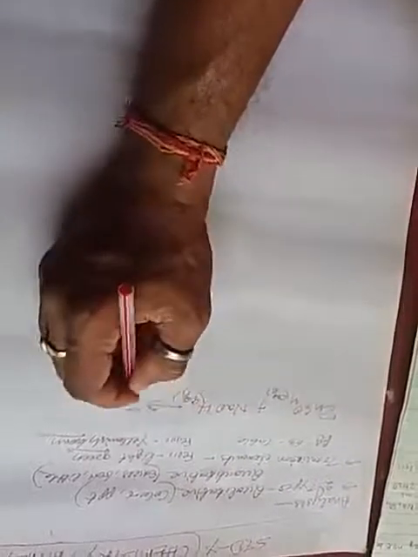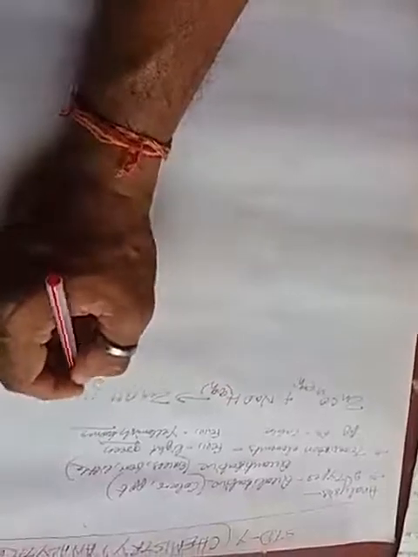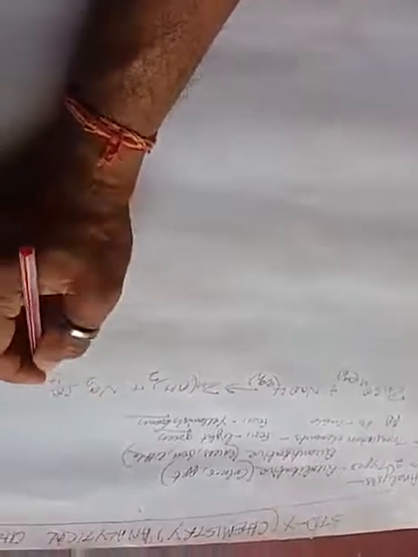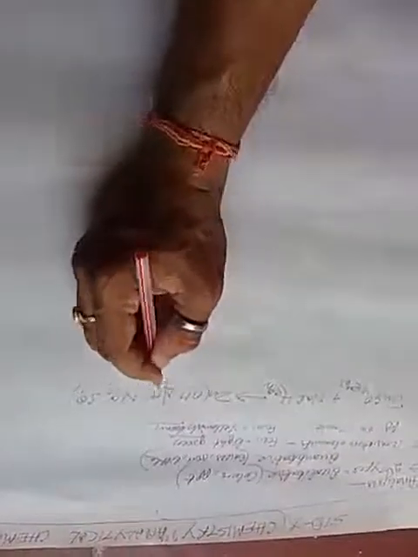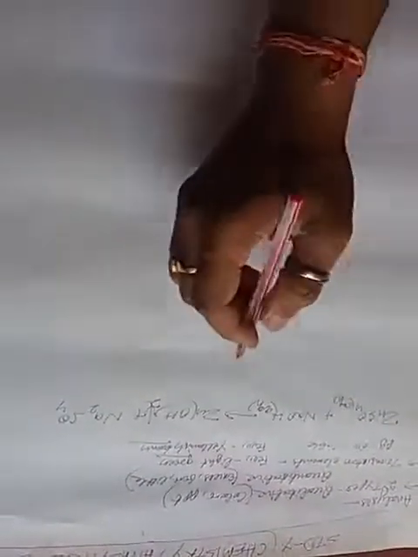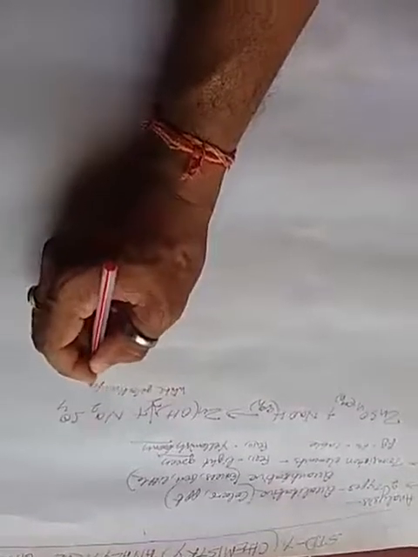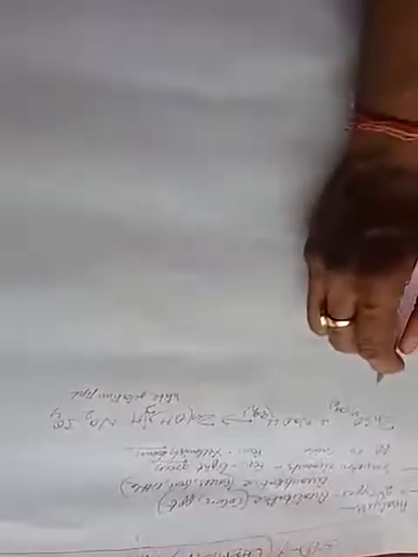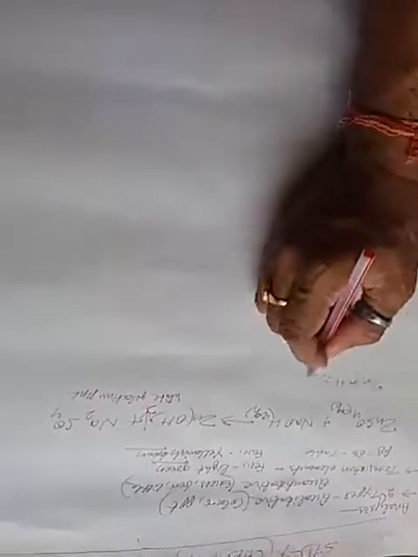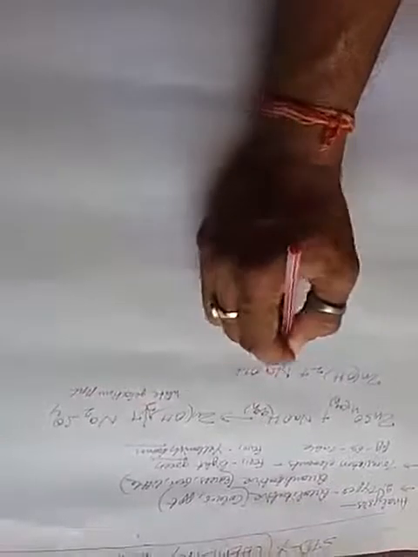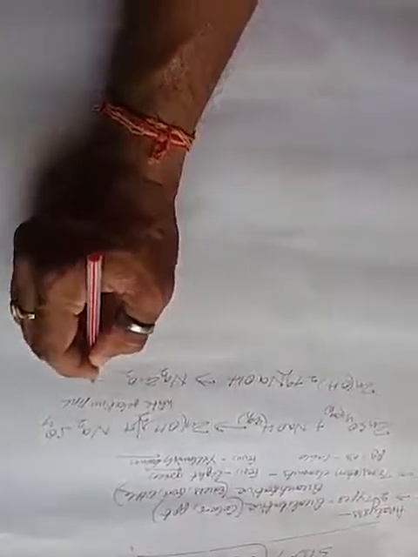In zinc sulfate, if zinc sulfate solution is added with sodium hydroxide, then it gives zinc hydroxide plus sodium sulfate. This is soluble, but your zinc hydroxide is not soluble. Which color is white or gelatinous PPT. If you add excess, that is zinc hydroxide plus sodium hydroxide excess, then it gives sodium zincate Na2ZnO2 plus 2 water.